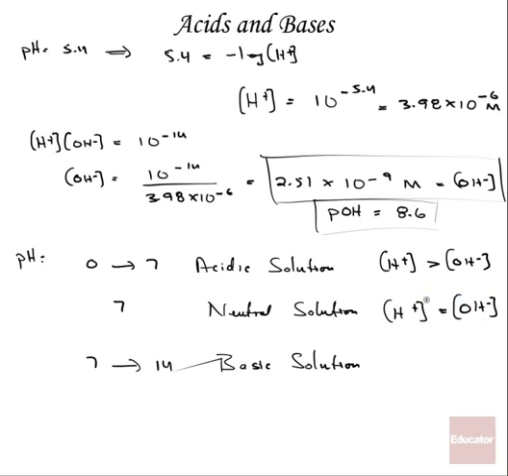10 to the negative 7 equals 10 to the negative 7. 10 to the negative 7 times 10 to the negative 7 equals 10 to the negative 14. That's where the scale comes from, 0 to 14. Actually, it's based on that number. And a basic solution is when the hydrogen ion concentration is less than the hydroxide ion concentration, or another way of thinking about it, when the hydroxide ion concentration exceeds that of the hydrogen ion concentration. But no matter what they are, they multiply to 10 to the negative 14 at 25 degrees Celsius. Different temperature, it's a different Kw. Okay,